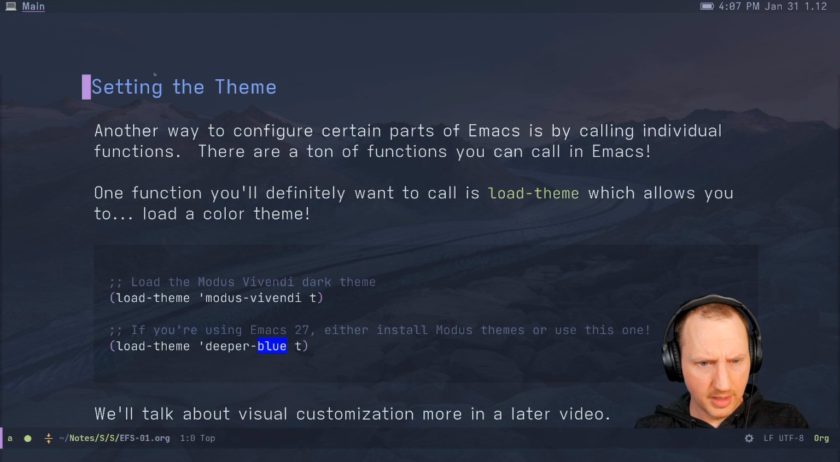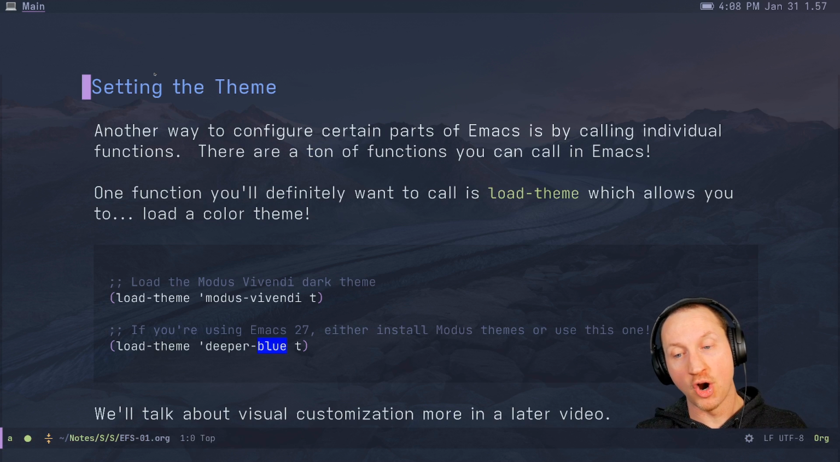All right, so now setting the theme. Another way to configure certain parts of Emacs is by calling individual functions. And there are a ton of functions that you can call in Emacs, and we're going to cover a lot more of them as we go along in the series. But one function you're definitely going to want to call is load-theme, which allows you to, you guessed it,